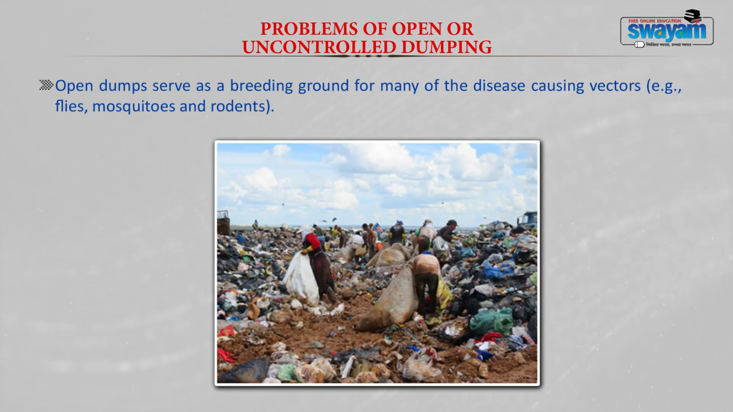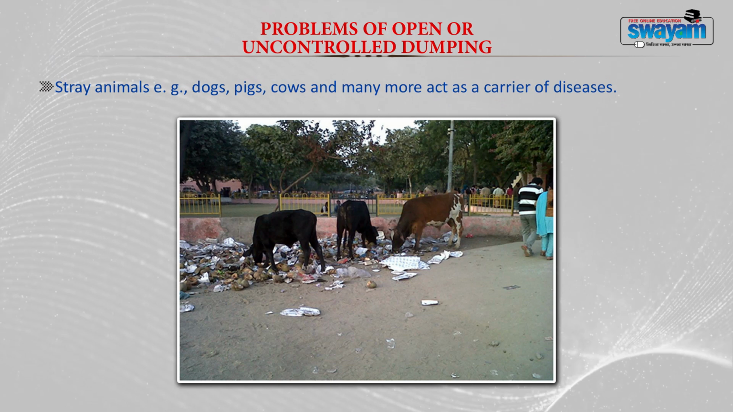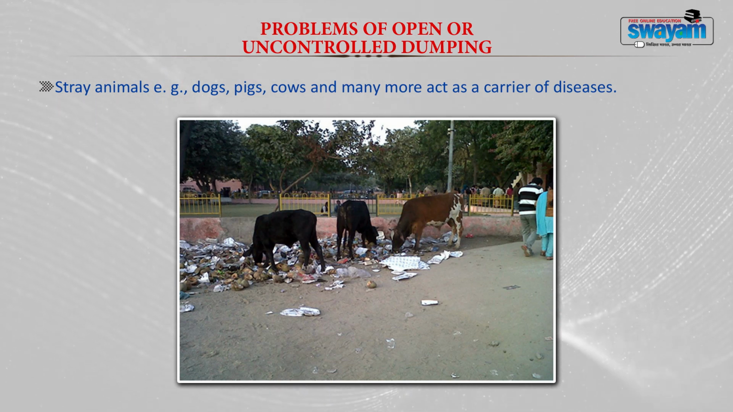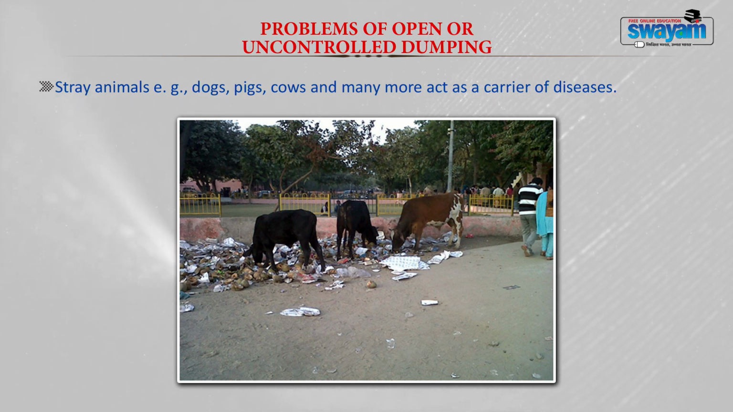Now, open dumps also serve as a breeding ground for a lot of diseases. Health hazards are created due to this. You can see wherever the waste is accumulated, a lot of flies, mosquitoes, rodents and also a lot of other stray animals like dogs, pigs, cows, which act like carriers. One, it serves as a breeding ground, and second, these animals act like carriers, and from the waste dumps, these animals bring the disease-causing organisms into the residential and commercial areas, through which the diseases